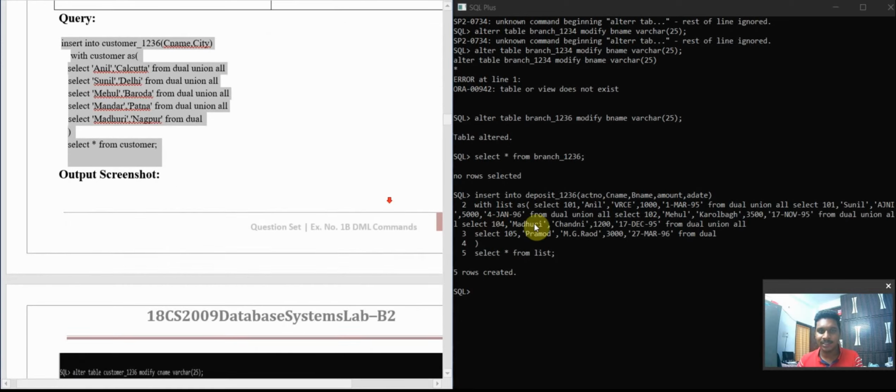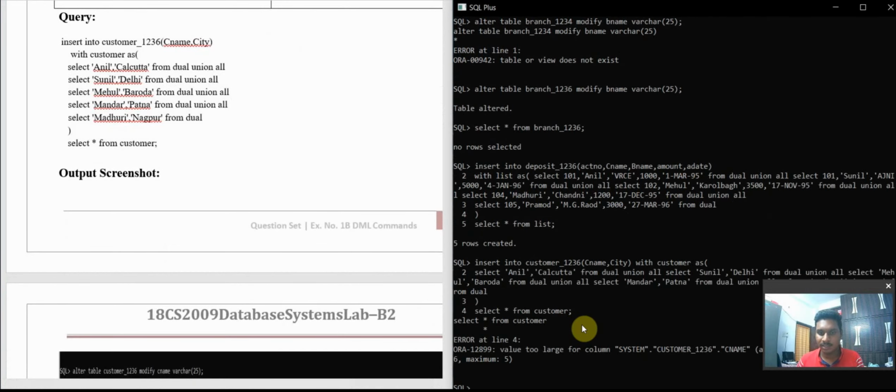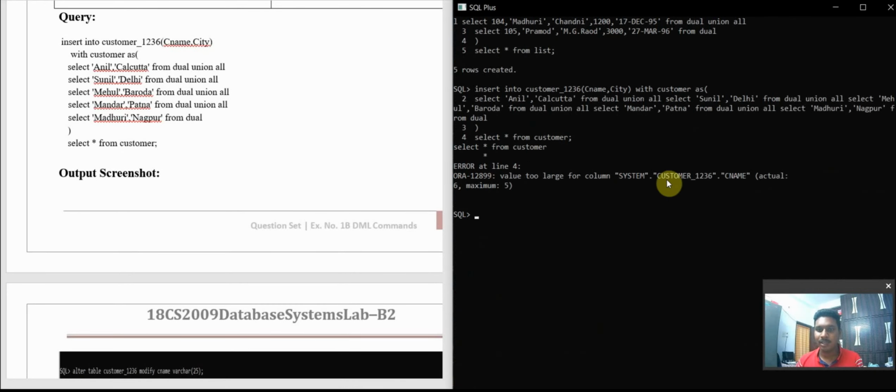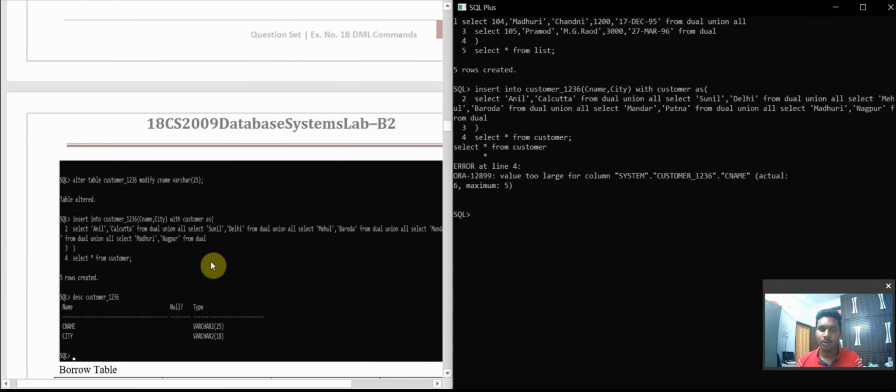I have not altered the customer table, so I need to alter these things. The maximum here, you cannot enter, for the same reason: the column size is small. So now I need to alter this.